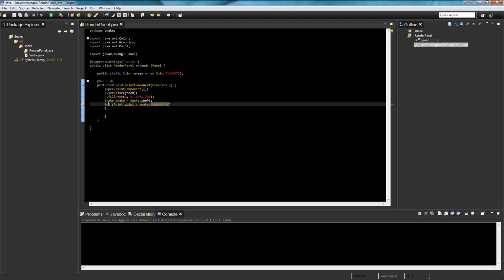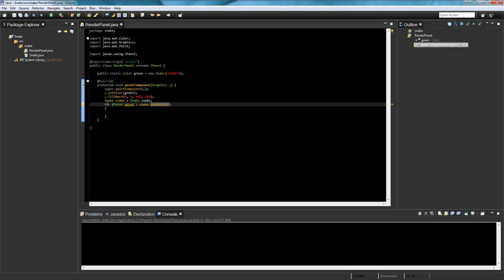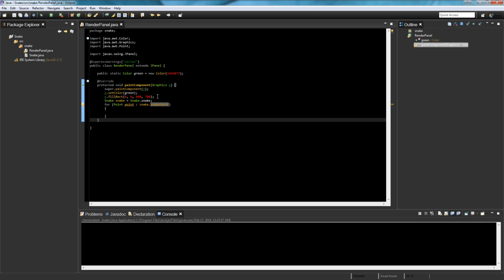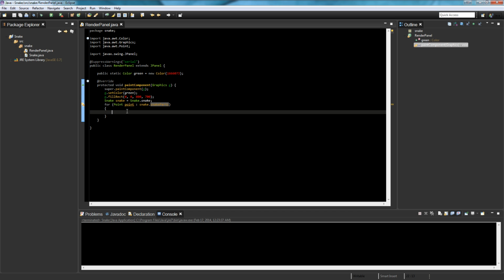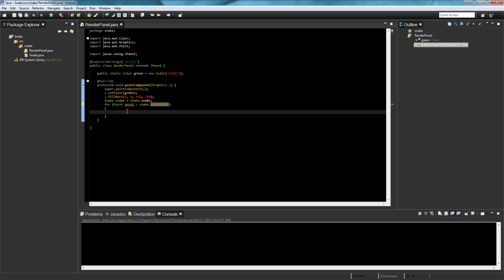So we're creating an iteration of pretty much every object that is in that array list of snake parts. So this is saying for each one, run this until there's no more, and then run the next line of code in this method. So point is going to be the one that it currently is iterating through. So point or g.fill rect. We want to do point.x, point.y,